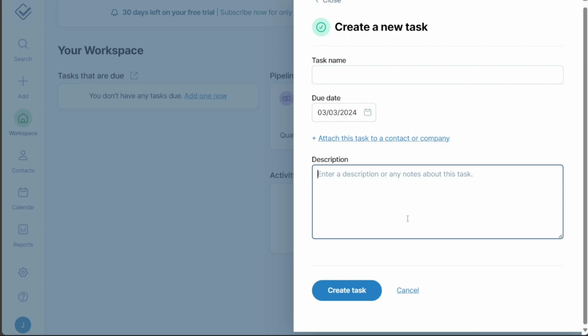This could include relevant information about the task's purpose, the steps needed to complete it, or any other relevant details that would be helpful to you or other team members. Once you have filled out all these fields, the final step is to click on the Create Task button. By doing this, the task is added to your CRM and ready for completion. You can view and manage all of your tasks from the dashboard, making it easy to stay on top of